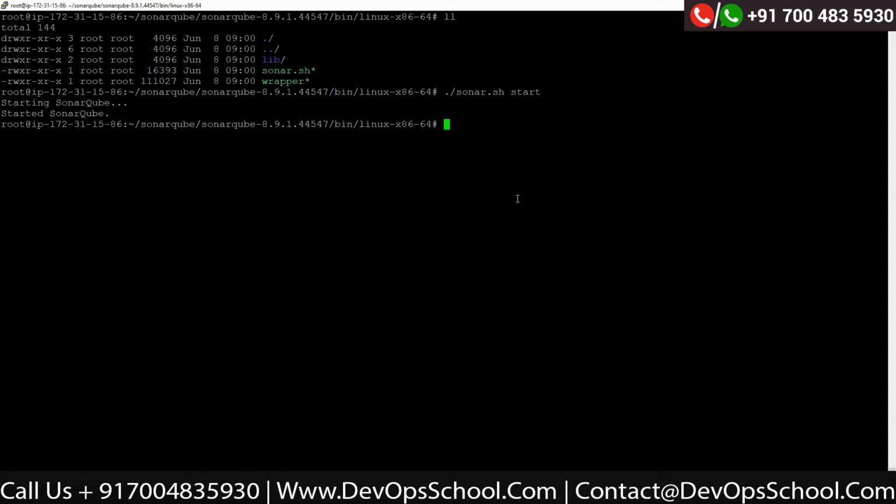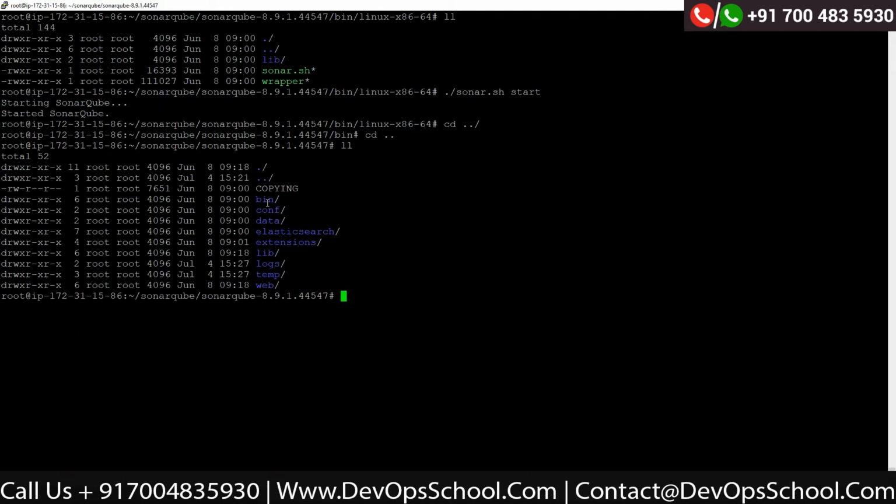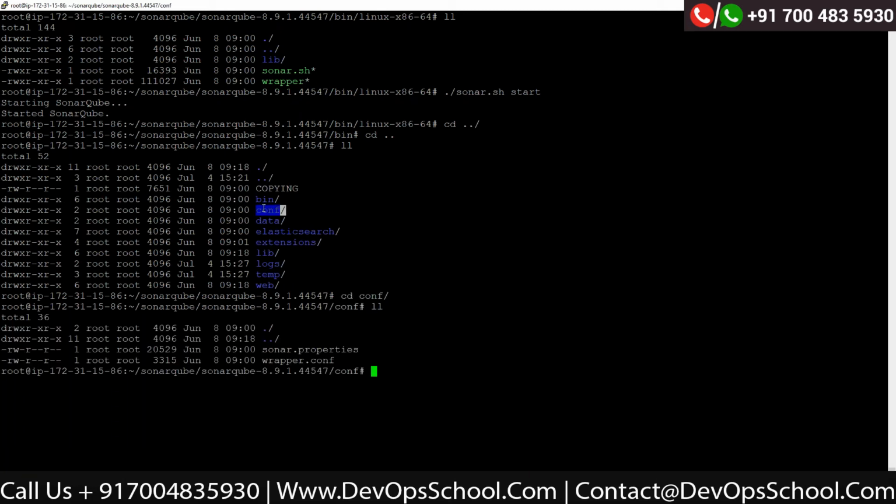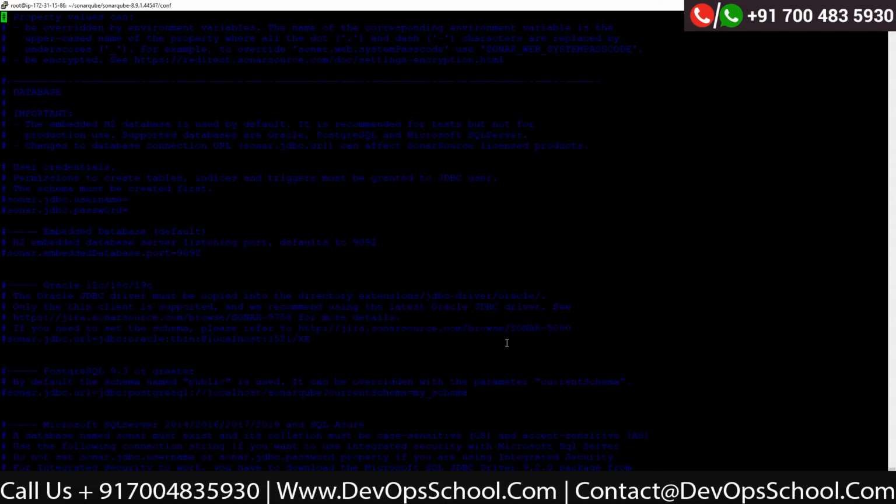Okay. Now, where is this server running? Which port? What are the configurations? How is it running? It is all defined in the conf directory. If I go one level up and another level up, there is a conf directory. Let's go to conf. And if I list all the files, we get sonar.properties. This is an important file. If I open this file,